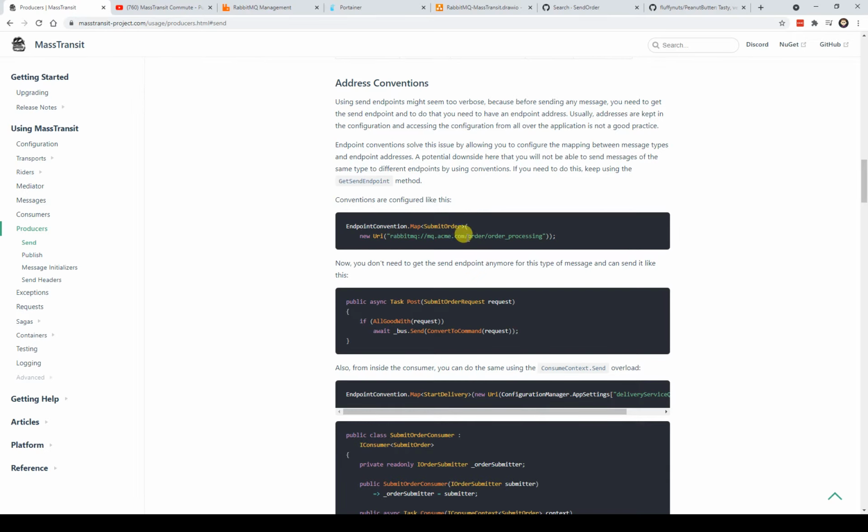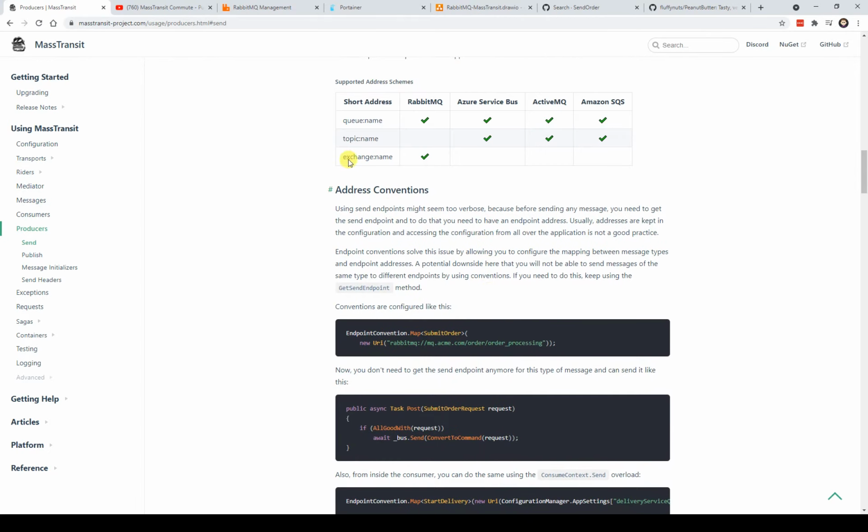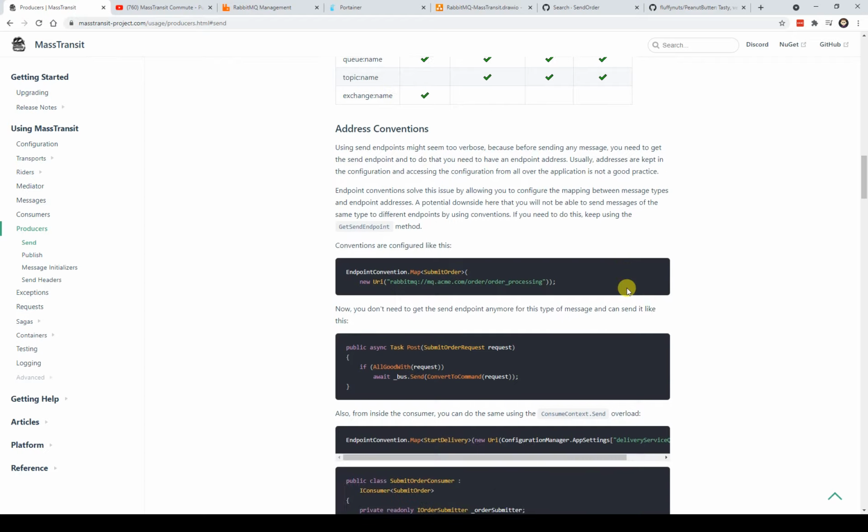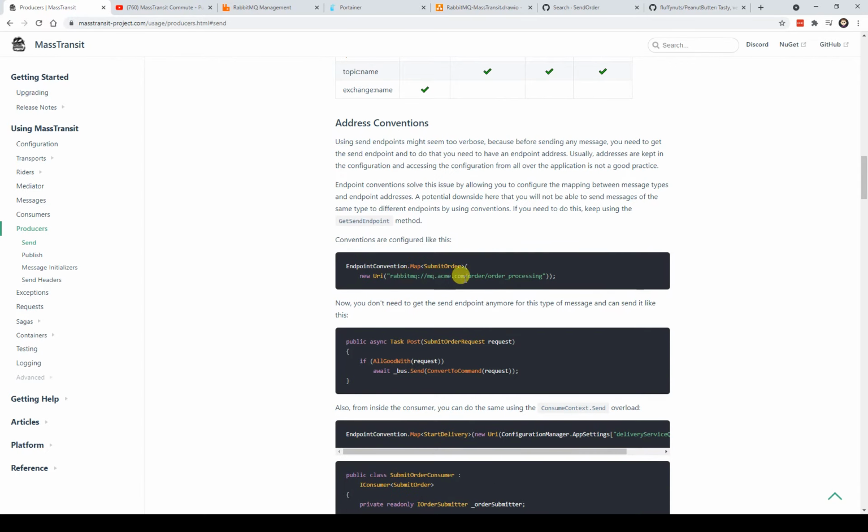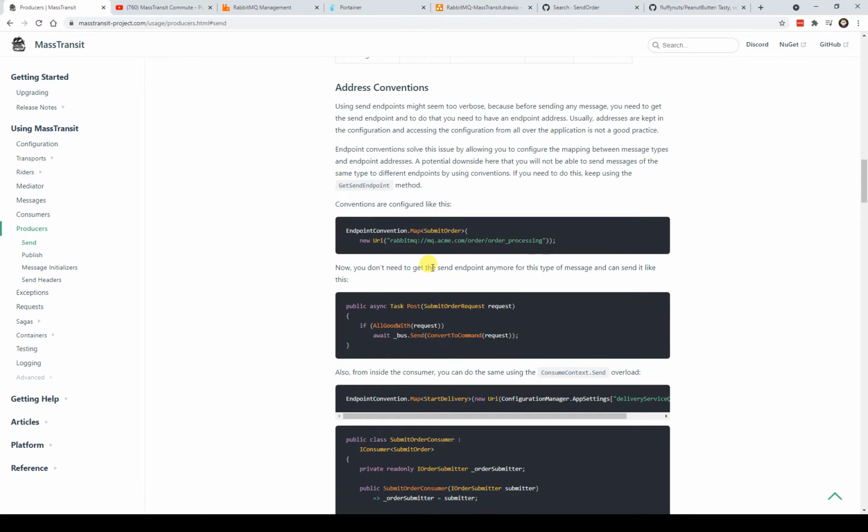So it feels to me that we're able to configure the endpoint, which is the service we're going to connect to. Now, because we can provide a URI, that endpoint could actually be one of many things. It could be the exchange, topic, or a queue. In fact, it can't be a topic in this convention because apparently it's not supported. So it can be exchange or a queue. And that endpoint then will be used whenever we're using that type. Now, that's my guess. So we can say just bus.send,